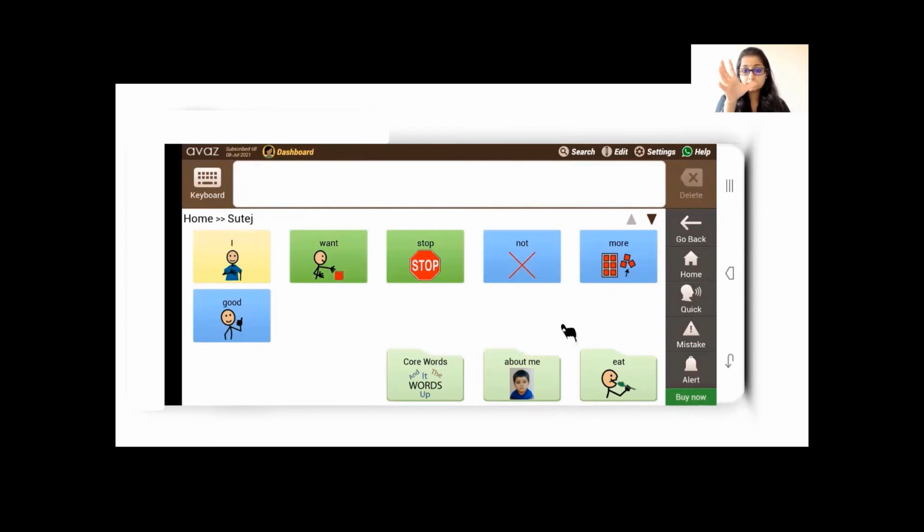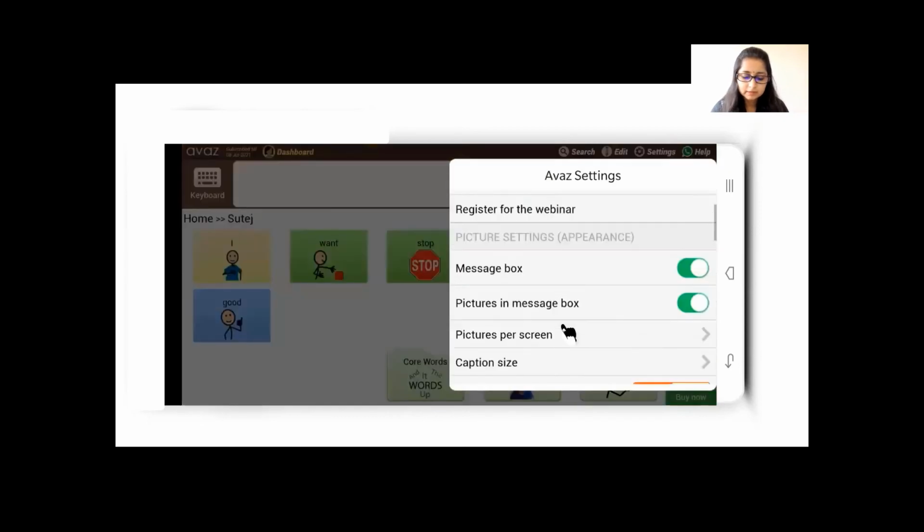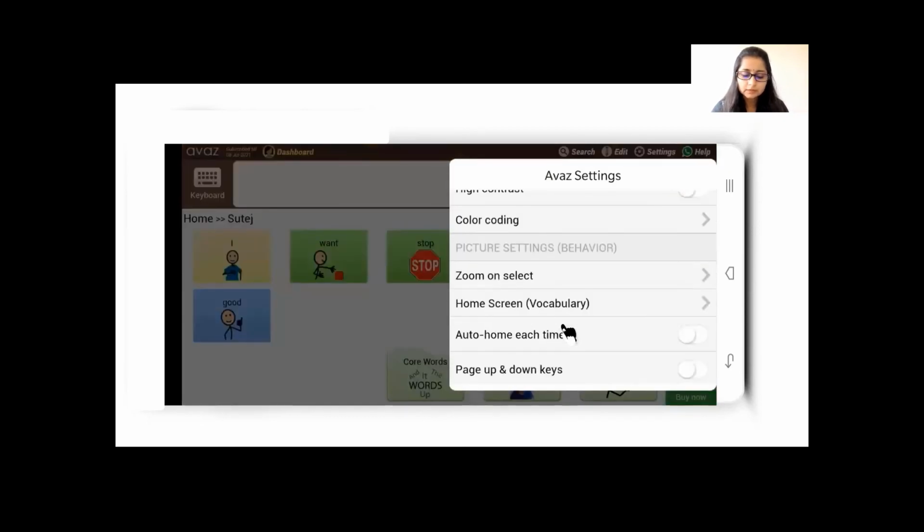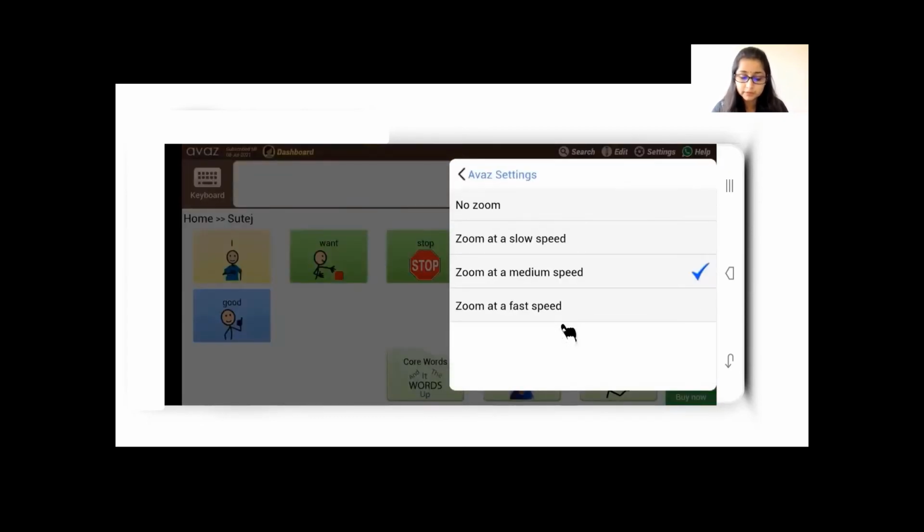The zoom feature gives a confirmation to the user that they chose the right word. And even in case of hearing impairment, the visual enhancement really helps the child confirm that they made the right choice. So the zoom feature is a very useful feature.